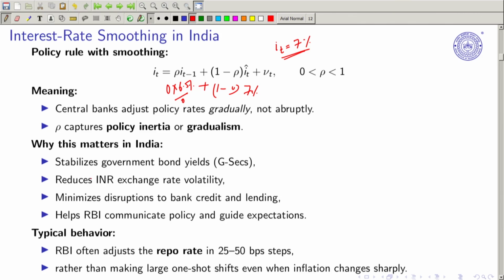So interest rate smoothing, why does it matter? Because if you are not going for gradualism in interest rate adjustment, then this will create more trouble. For example, we discussed the operation twist, right? Buying and selling of long term and short term bonds. This will impact the yield, and as a result, the gilt edge market will have some trouble. And gradualism, the gradual increase or decrease in the rate of interest, also stabilizes the foreign exchange market, where you have buying and selling, swapping of the exchange rate with fixed and flexible. So there also it matters.